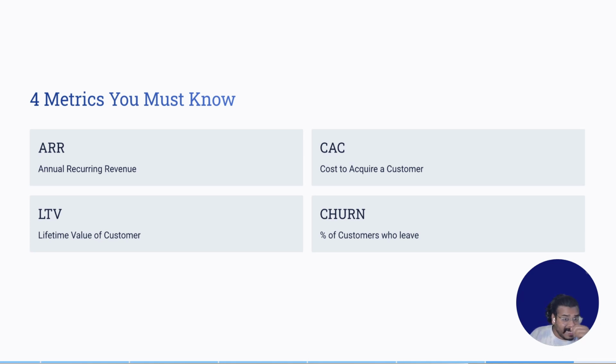Then you should know about the LTV, right? LTV is nothing but lifetime value. Some people call it CLV as well, right? So now how much money will this customer give us over the next few years, maybe 5 years, 10 years, before they leave? How much money are they going to give us? Okay. Very important is churn as well, right? So this is the percentage of customers who cancel. Like in my experience, I see churn as an enemy, right? Because I'm an account manager. So if your churn is high, it means your bucket is leaking. Okay, you need to figure that out.